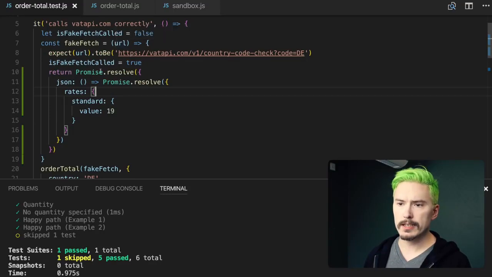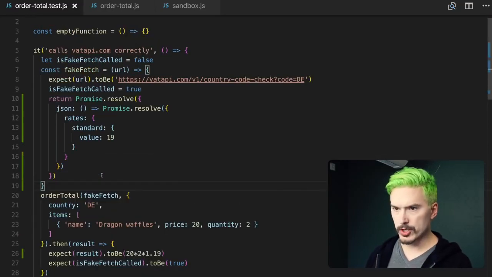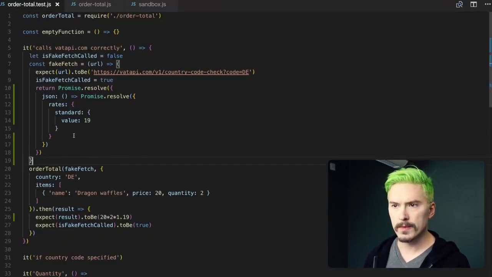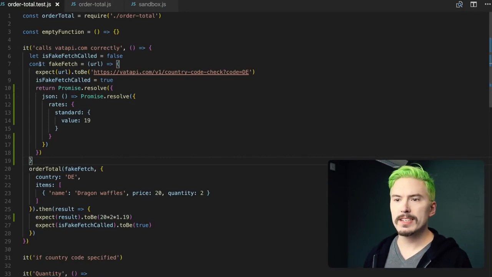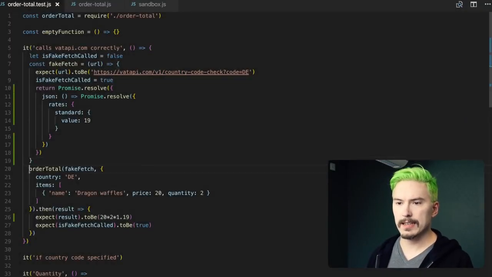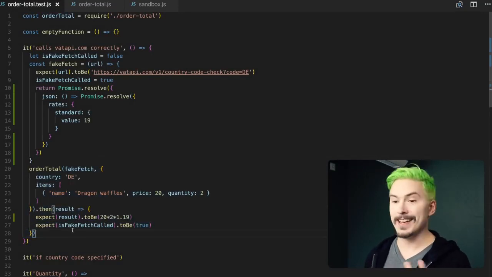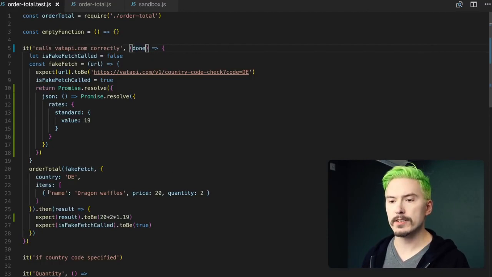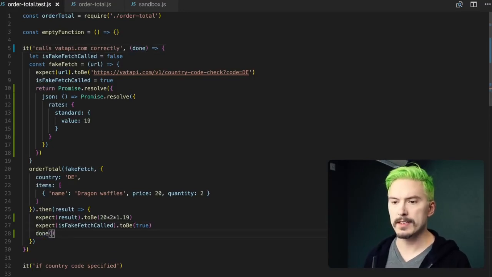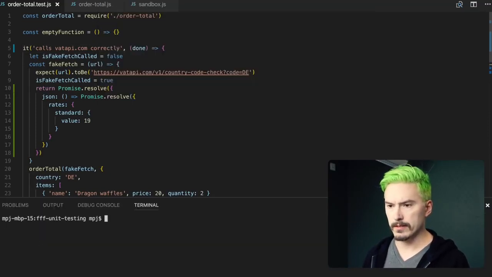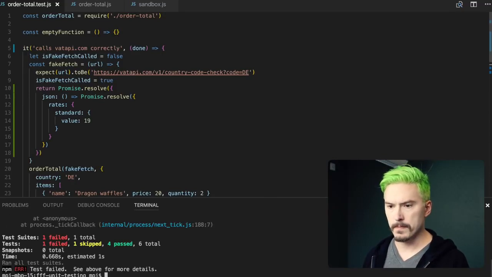No, actually it is not, because, let me close that, I'm going to show you the mistake I made. I'm going to slightly zoom out as well so that we can see more. So the way Jest works is that when it comes to asynchronous tests, it needs to know when the test has ended. So you can do that by having these done functions and then call them when the test is done. Let's see if that worked actually. npm test. Yeah,